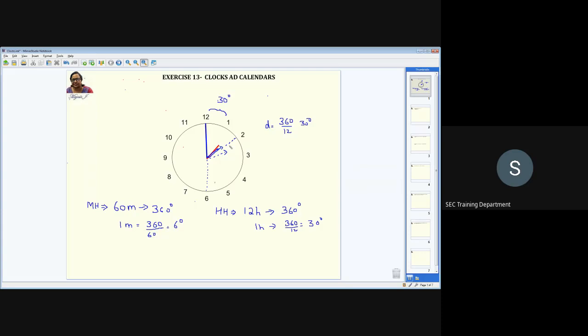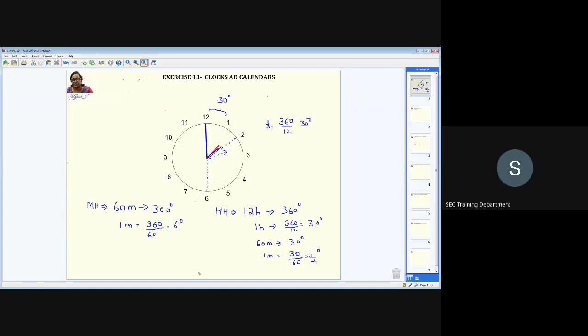So that means the hour hand is moving, and for that many minutes, you also have to calculate. So you have to see, in 1 hour, the hour hand is going to move 30 degrees, and 1 hour is nothing but 60 minutes. In 60 minutes, the hour hand is going to cover 30 degrees. So every 1 minute, it is going to cover 30 by 60, that is half a degree. Is it clear?